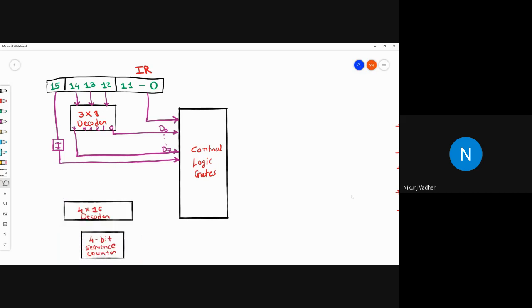This is the 4-bit sequence counter. What is the role of the sequence counter? The sequence counter will generate the timing signals. So these are the timing signals T0, 0, 1, 2, 3, up to 14 and 15.